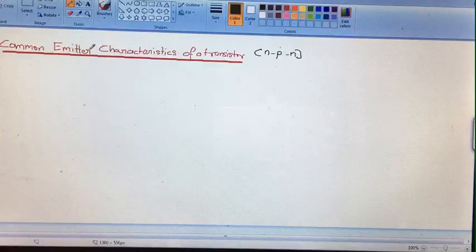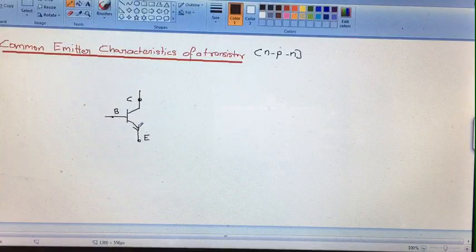Now, as the name says, common emitter, the emitter will be common in this transistor. This is our emitter terminal, collector terminal, and this is our base terminal. The transistor is NPN, so it is represented by the arrow from base to emitter. Now we need to connect